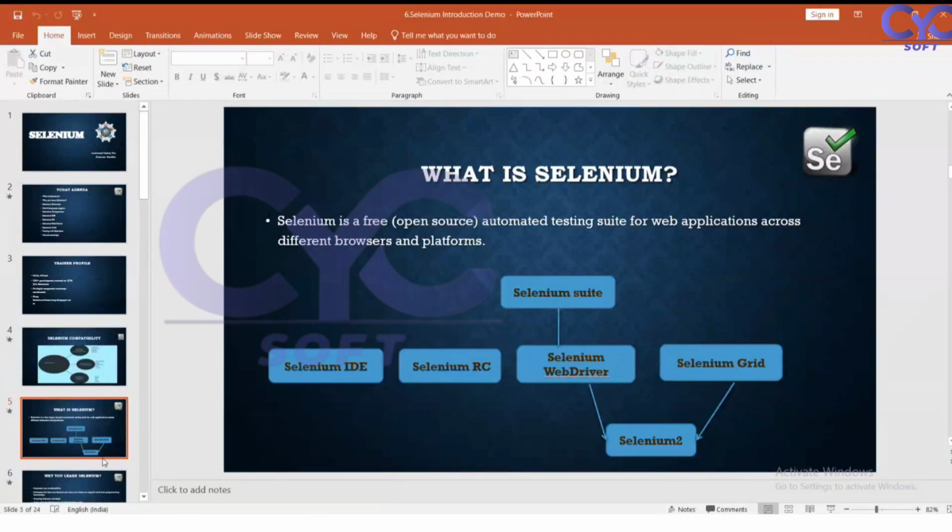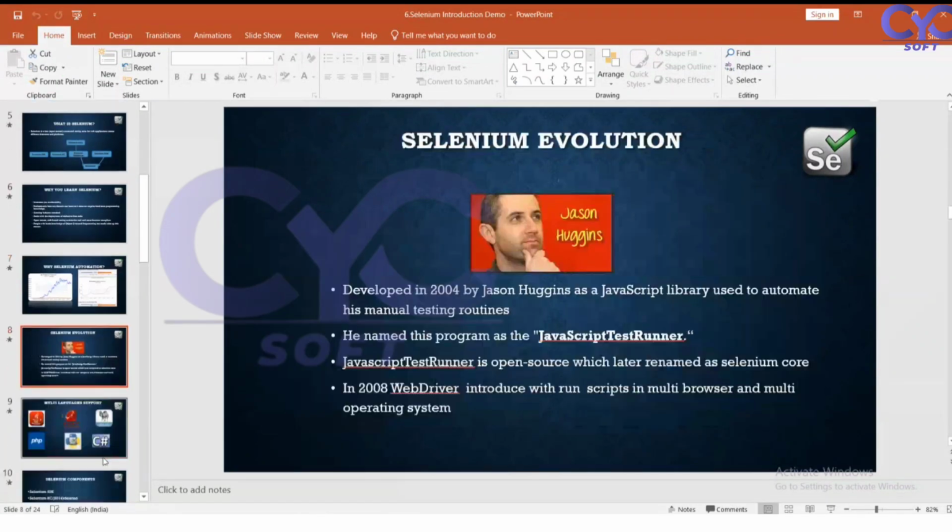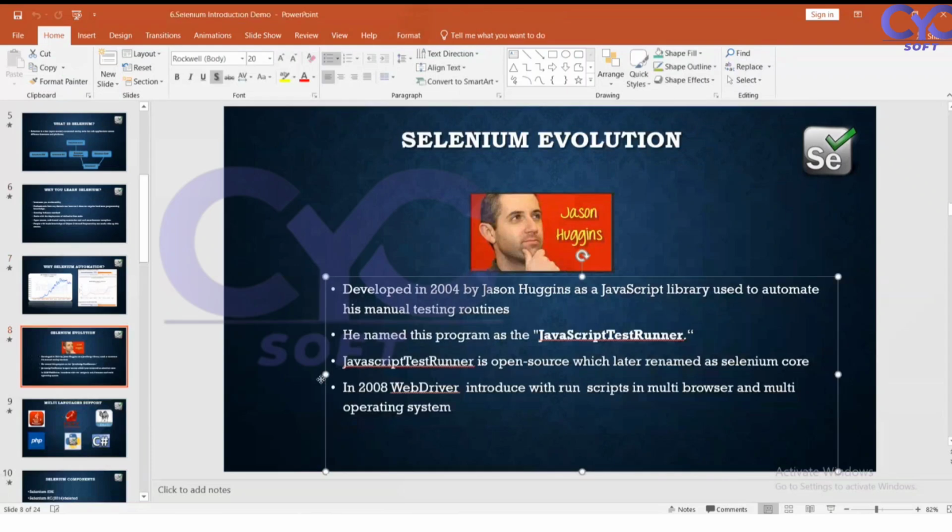Later, Selenium was named a JavaScript test runner, which is open source, but he faced some problems interacting with the applications. That problem was resolved, and he updated Selenium to open source